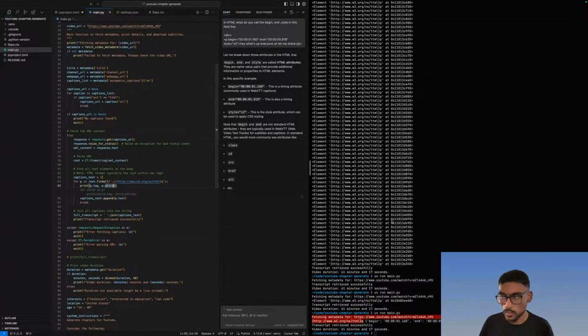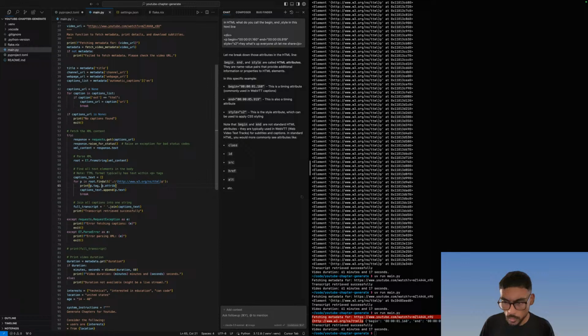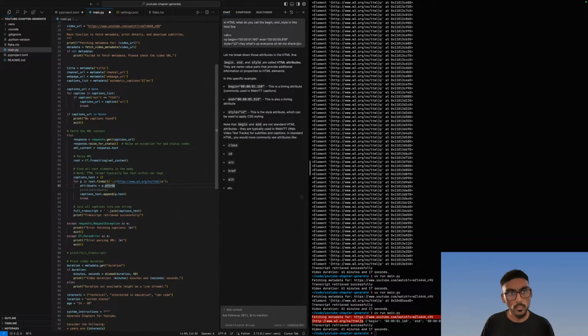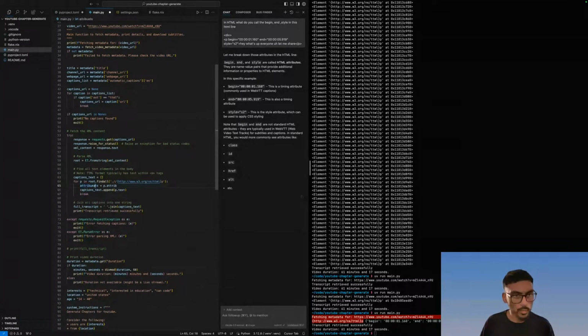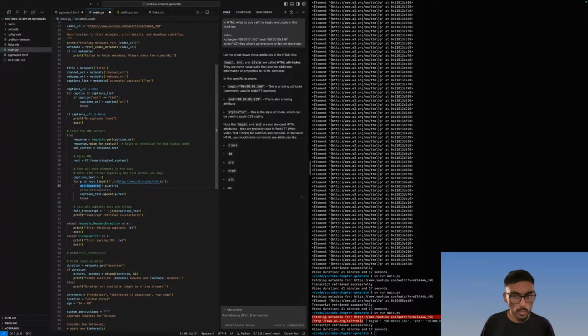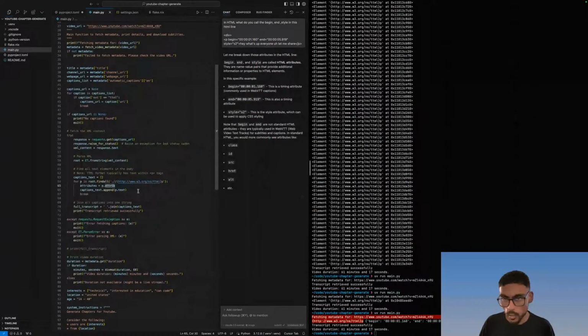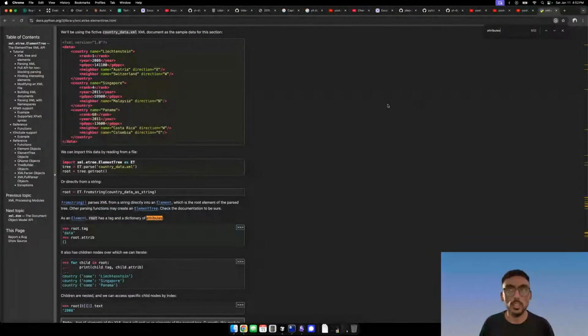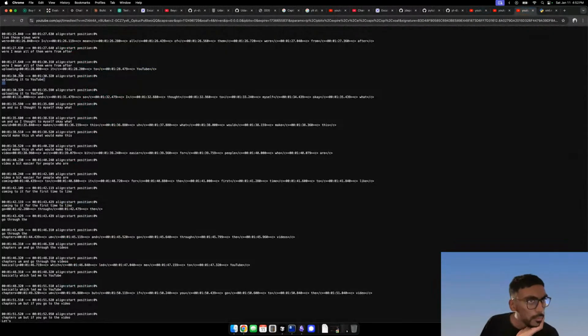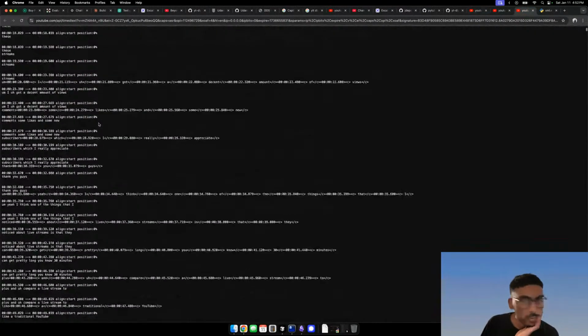Nice. So we want to get the begin and the end. Whoa, that's not how you spell attributes. Okay. Attributes. Nice. One thing we touched on before was that these values are a little wonky.